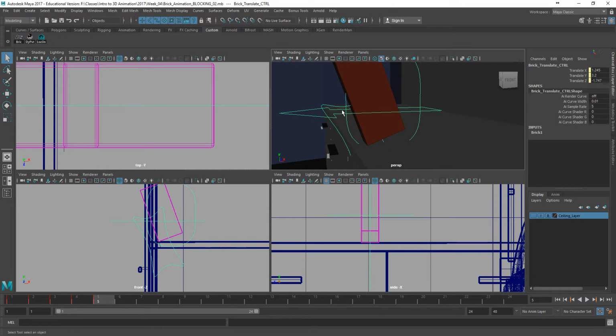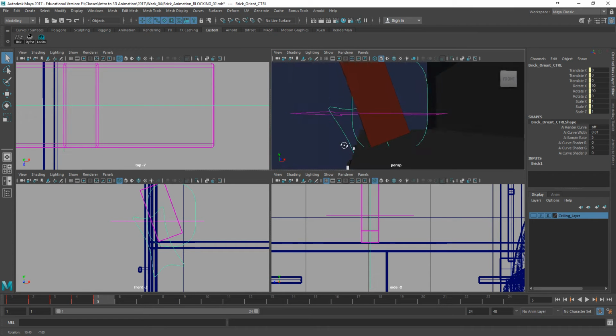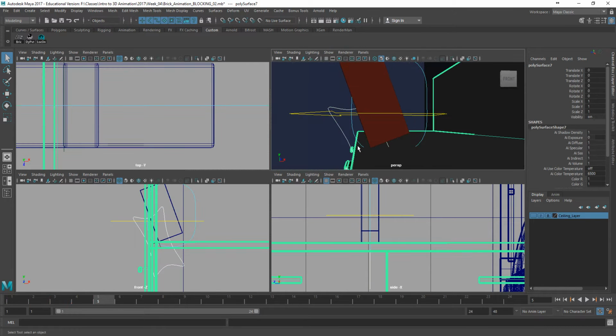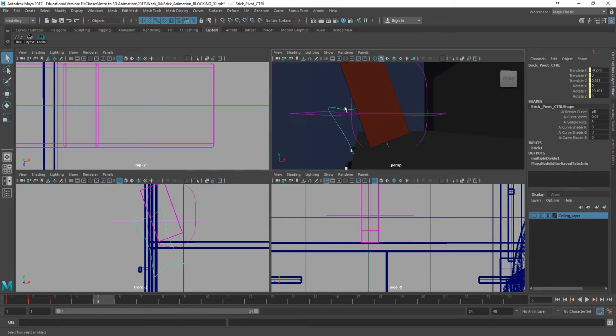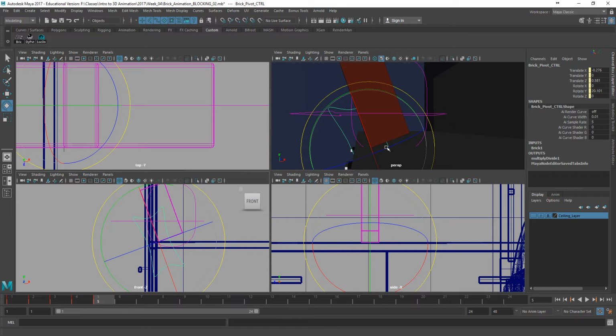So what I'm doing now is saying, look, here's frame 4 and now frame 5. We're exactly in the same position. The brick came down and hit on frame 4, so we expect that on frame 5, it's going to come down and now go into our next key pose, which is going to be when it collides with the ledge here. So let's now go and grab our pivot control,